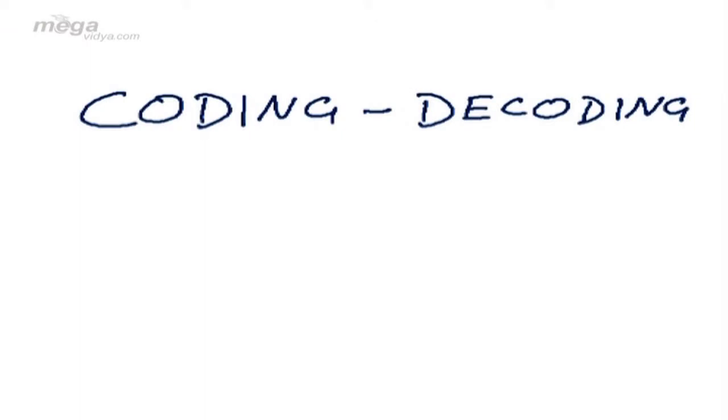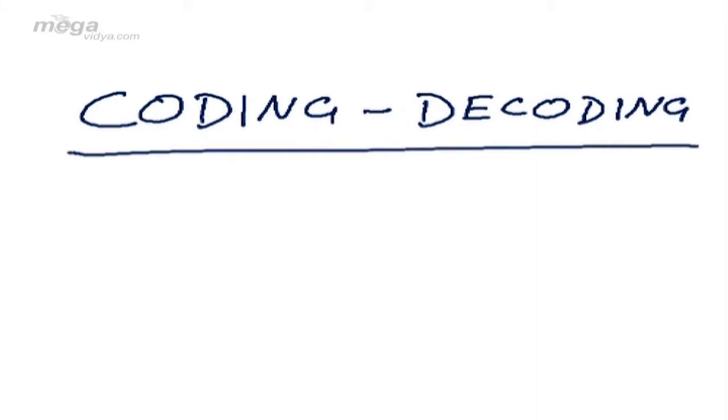Last time we had done a few questions which were journal in nature, but this time we will be doing questions based on a single topic, and that topic is called coding decoding. As I had explained earlier, in coding decoding a question will be given to you, it will be coded in some way, and then another word will be given to us and we have to code or decode it